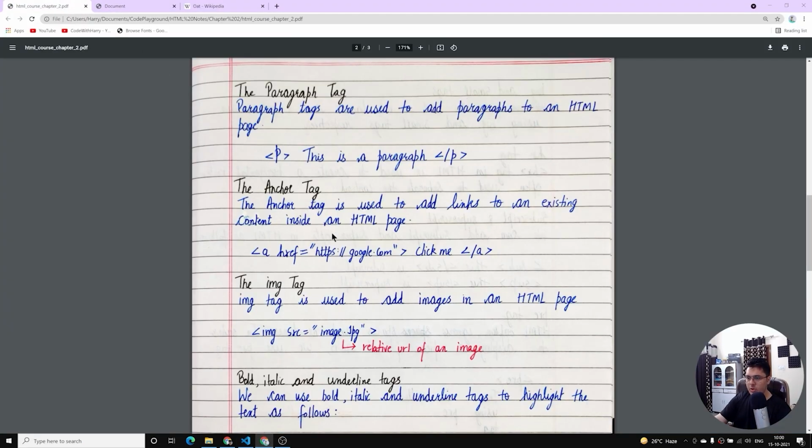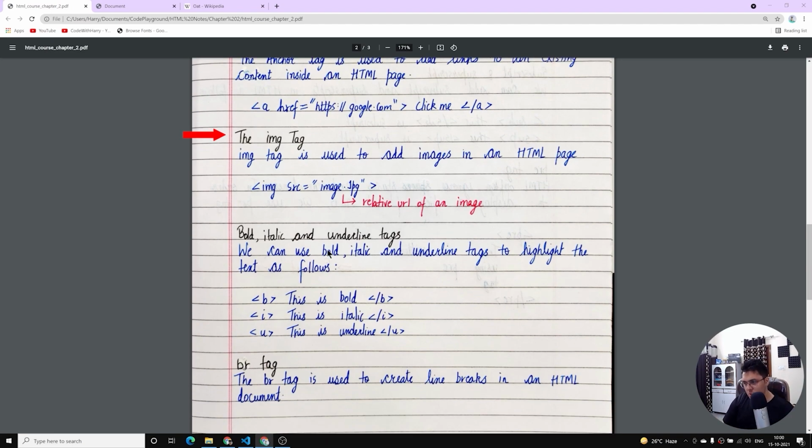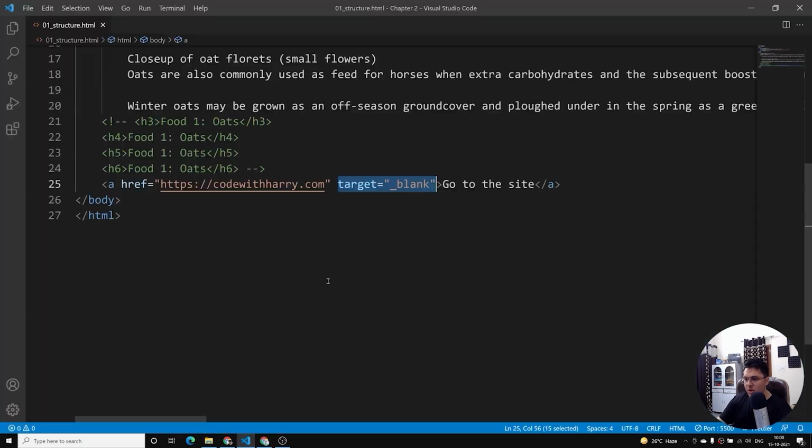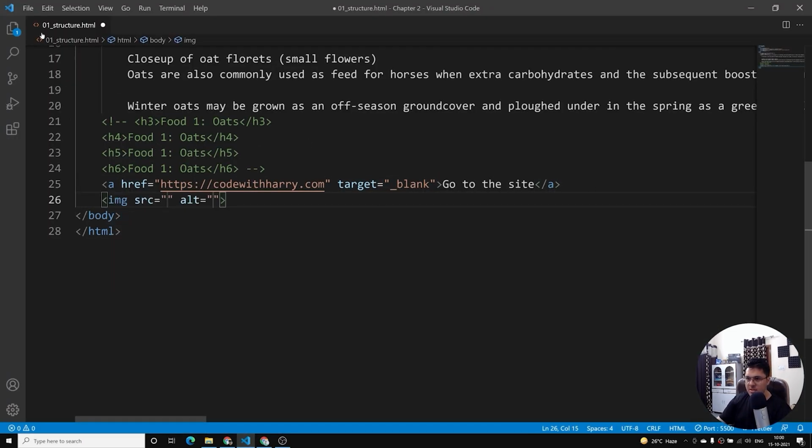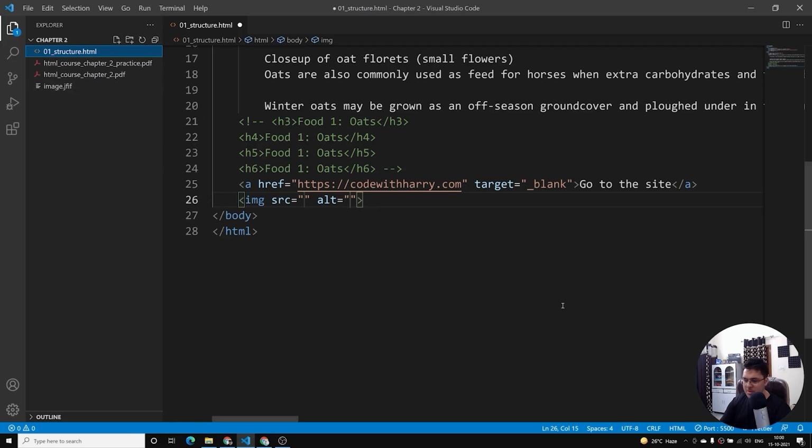Okay, coming back to the notes, the image tag is used to add images to an HTML page. If you use an img tag, what you can do is you can specify an image. I have an image here. If I use src is equal to, what is the name of the image? image.jfif. I'll use this. I accidentally typed here. I want to type here image.jfif. This is something that I want to use inside my image tag, and I can specify an alternative text